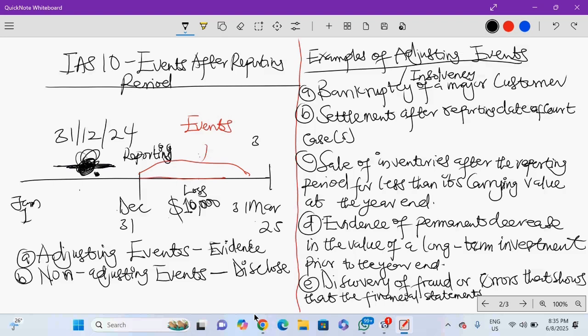But with the adjusting event, you have to go back and adjust it. So that is the difference between adjusting and non-adjusting events. The conditions did not exist at the financial position date or the financial statement date. So this one you have to disclose by way of a note. So let us look at some examples